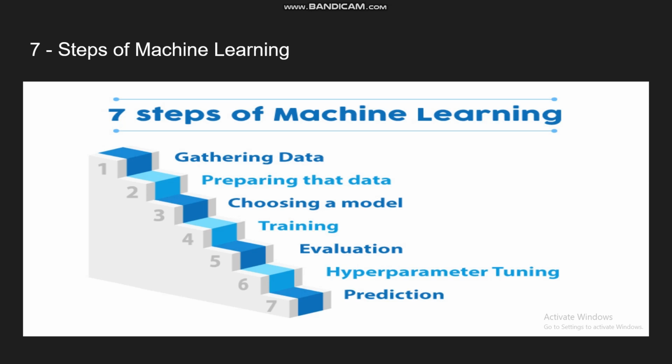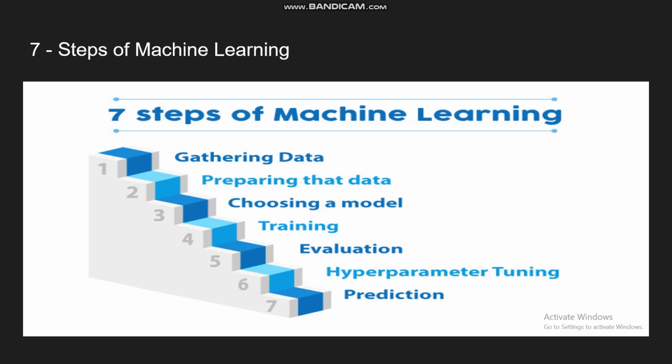Whenever we do the practical part, for every algorithm, we will perform these tasks as we build it up. There will be various types of data sets, like diabetes prediction, heart attack prediction, breast cancer, car classification, or house price prediction. These are basic examples of data sets. We will have the data set, and from there we will predict or classify, depending on the problem statement. These are basically the seven steps of machine learning.